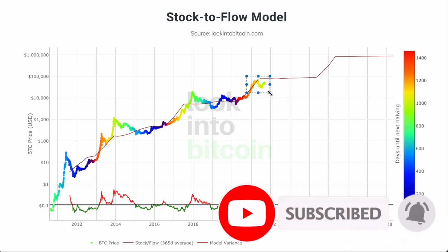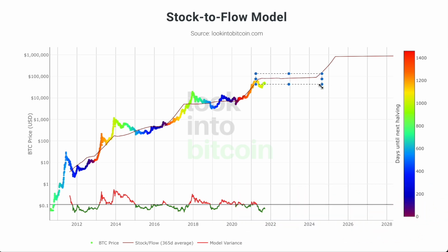So here's Bitcoin's price action. It's below a now flattened out stock to flow line. And that's a far cry from what we saw a few months back when this sloping stock to flow line was rather steep. And it was quite steep as well back here. But in this 2013 cycle, you can see that the stock to flow line was a little less steep compared to now. And the reason I mentioned that is that right over here in 2013, we saw an overextension beyond